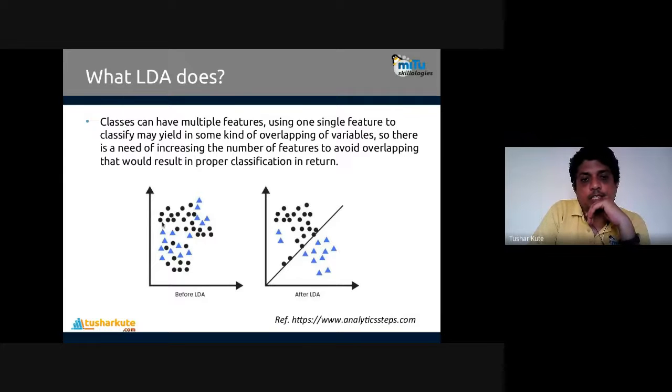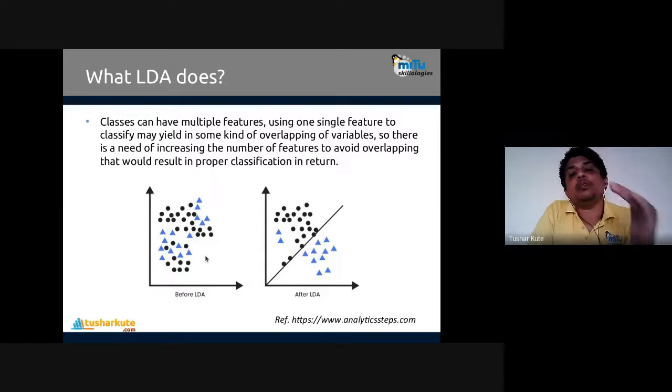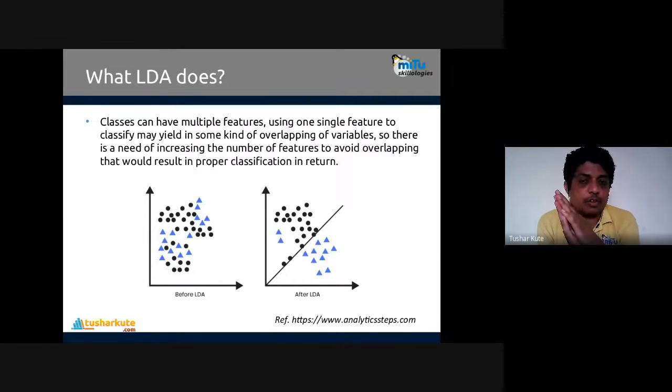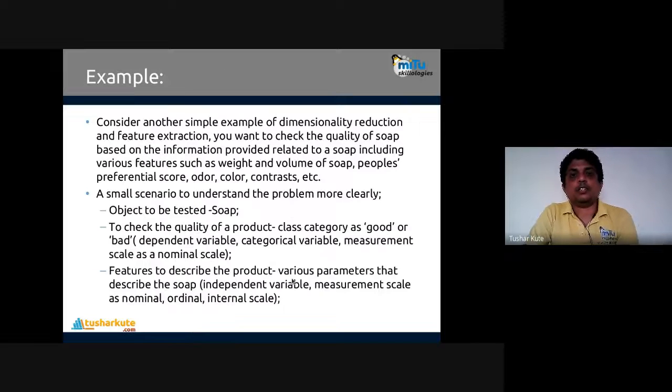These are the classes. Black is one class, and the blue triangle is another class. I want to draw a line, to create such a model that the line will separate the classes perfectly. And I can do the prediction based on whether a point is above the line or below the line. Maybe two misclassifications are present here, but I can draw a line. To do this, there are certain steps we have to perform.